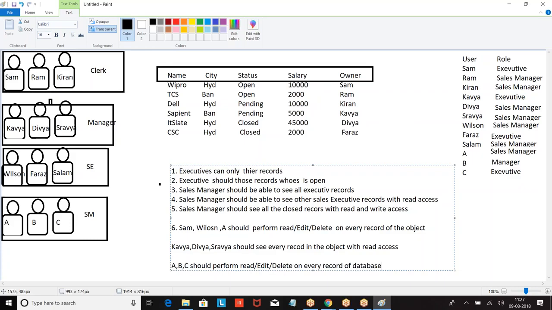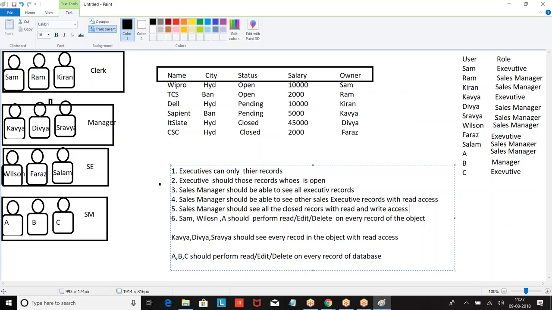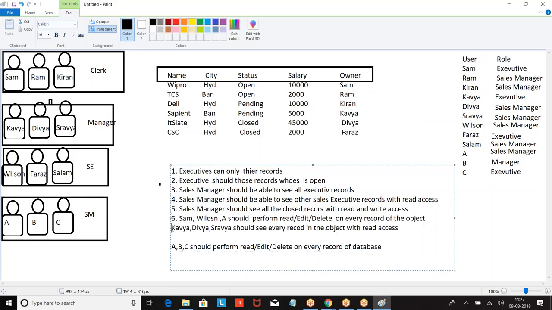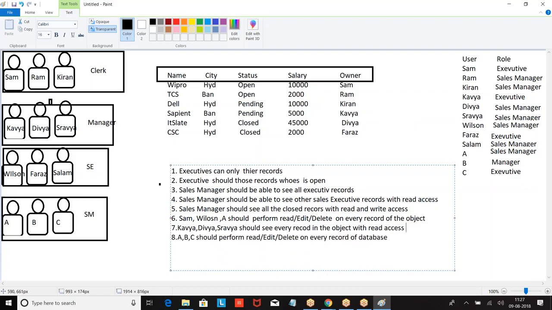So this is the complete requirement. From this complete requirement, you are supposed to analyze what should be the auditability, then how you give the extra permissions. That is your choice. Then Sham I gave.